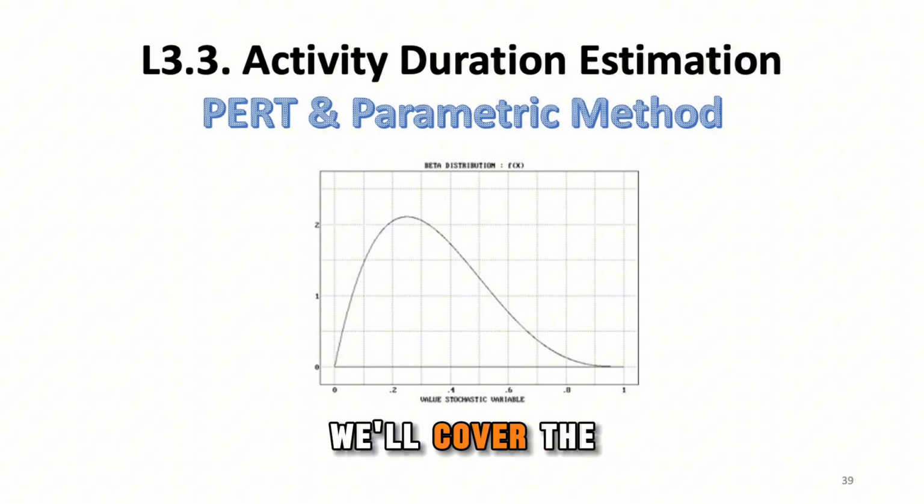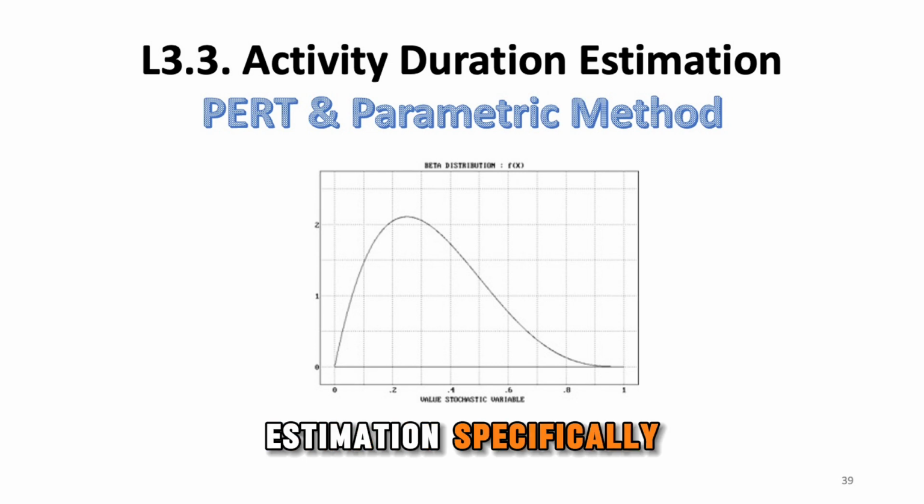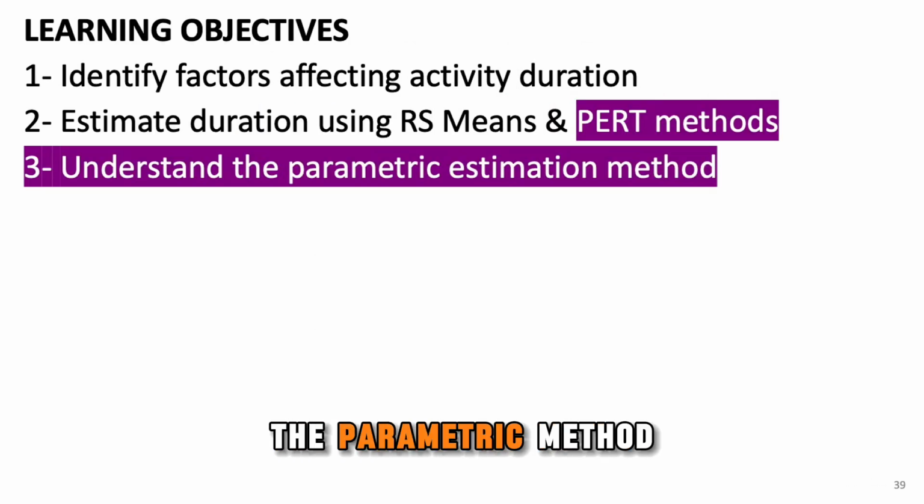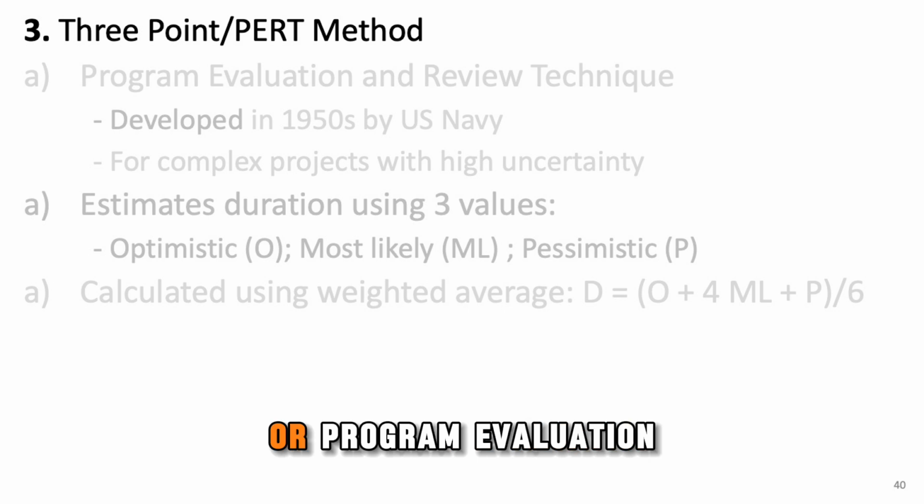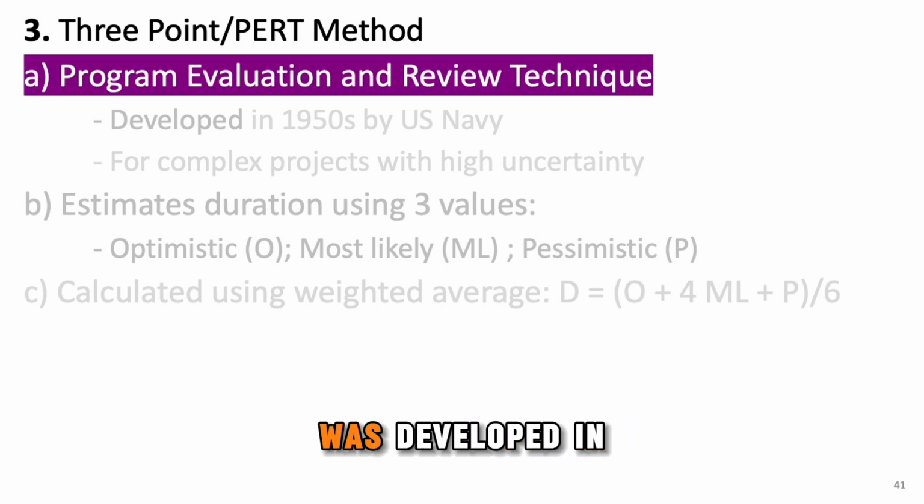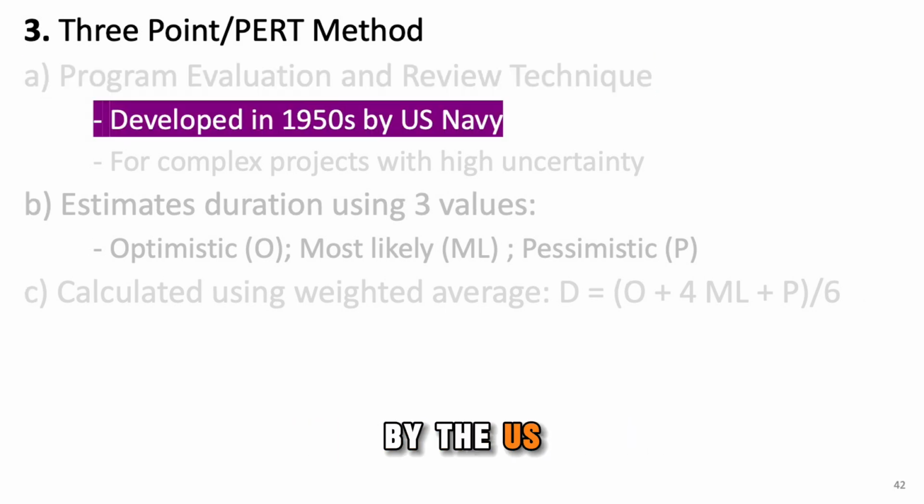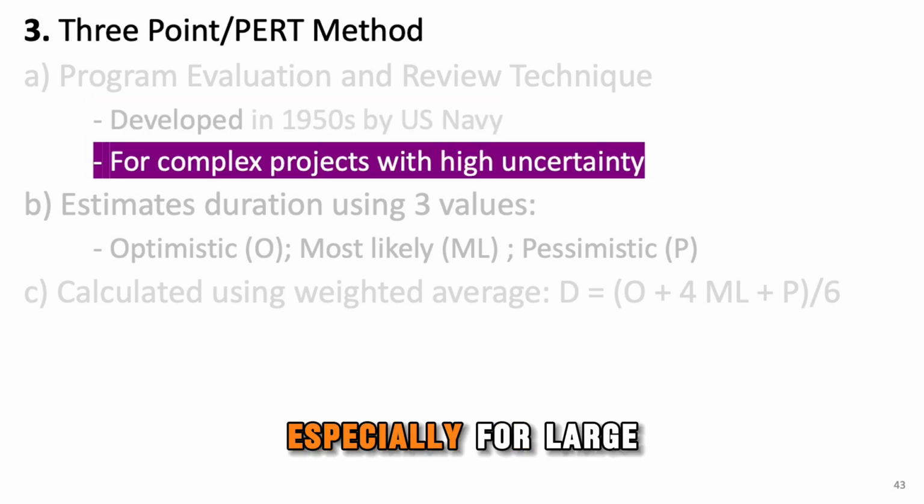In this video, we'll cover the final part of our lesson on activity duration estimation. Specifically, we'll learn the PERT method and the parametric method. The PERT method, or Program Evaluation and Review Technique, was developed in the late 1950s by the US Navy for the Polaris missile program. It is used to improve scheduling accuracy, especially for large and complex projects with high uncertainty